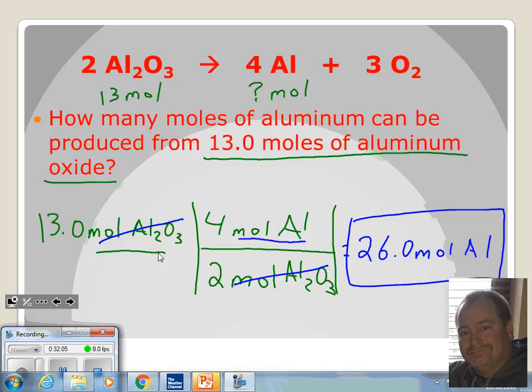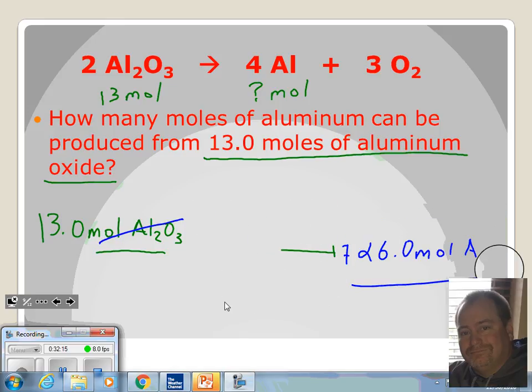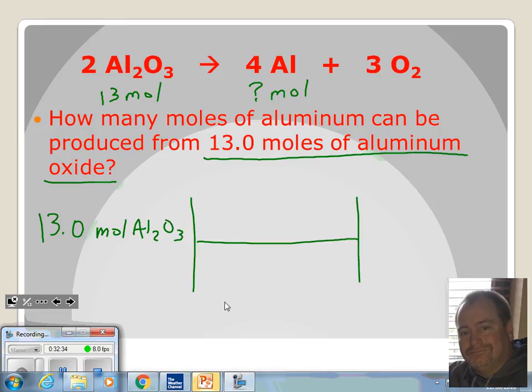If I have mole of aluminum oxide here, let me flop this to show you. Let me do it the other way, and say I'm going to get that canceled out of there. So I got 13 mole Al2O3, and I'm going to convert this into